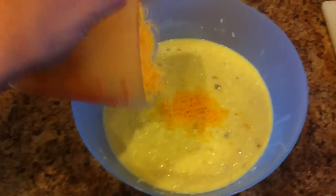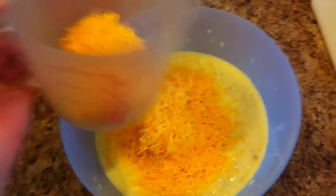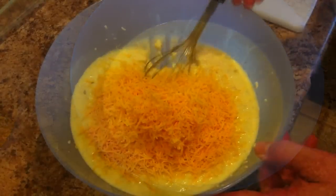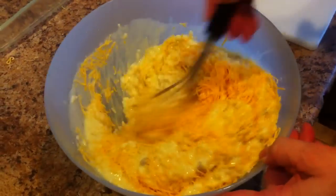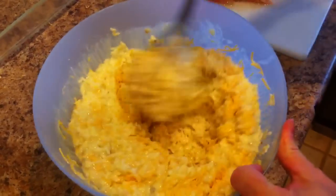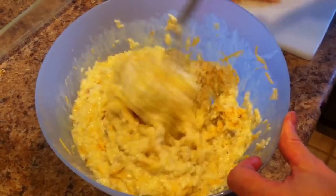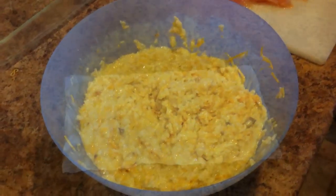To this add about 2.5 or even 2 cups of cheese. The remaining cheese we're going to sprinkle on top. If you want to put more cheese inside the casserole, go for it. If you want to have more cheese on top, it's your preference, whichever way you like it. I kind of like to have a little bit more cheese in the casserole and a little bit less on top, but I know everybody's taste is different. So once this is mixed together,